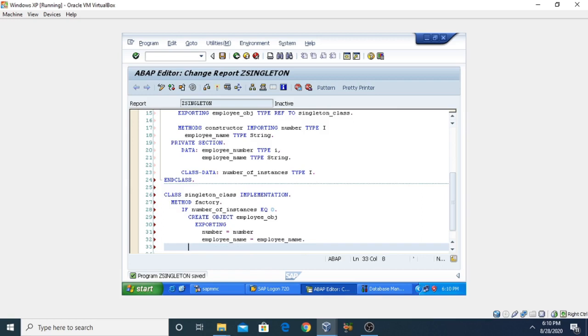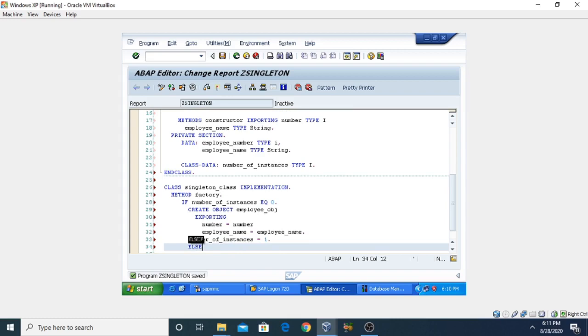So we have created one instance, so we should increase the value of the instances. We have taken the number_of_instances attribute, so I am going to increase its value by 1.